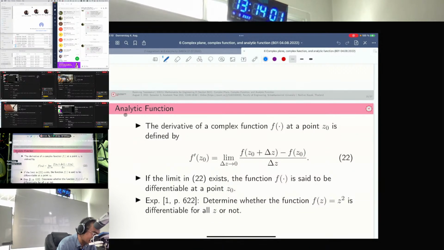Analytic function, this is the very classical definition. The modern term is called holomorphic function. If you go to some journal or research papers they're going to call it holomorphic function. This is the ancient word, the classical term for analytic function. What is an analytic function? It is a special type of function for which differentiation is available, and that is useful because we can do many things and have applications in engineering. The derivative of a complex function is written as f